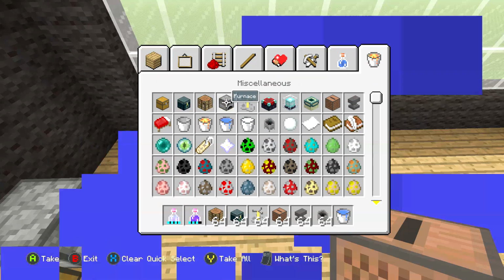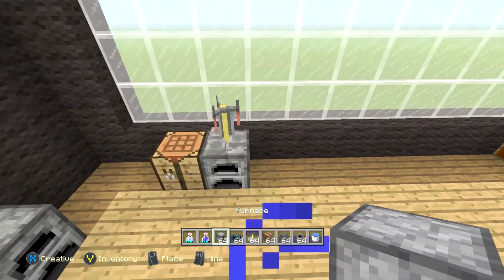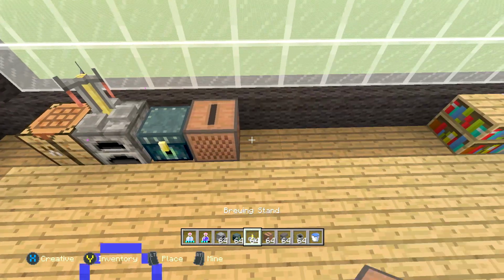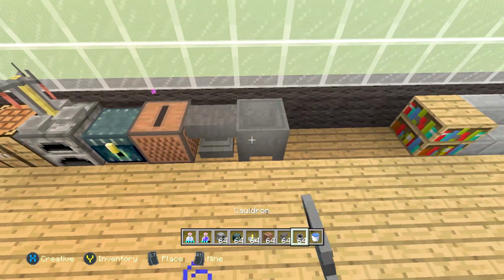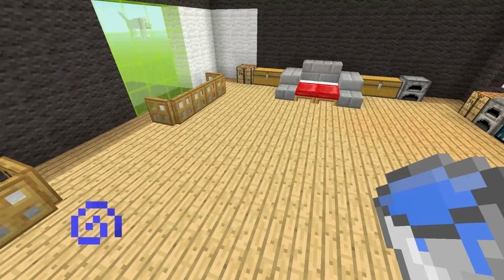So we're gonna need to do the furnace actually. Okay, so furnace right here, and then a brewing stand on top of that. Then an ender chest, just like this. Then a jukebox. Then an anvil. Then a cauldron, and put some water in it. There you go. Okay. And then in mine, I actually also put a carpet on the floor right here